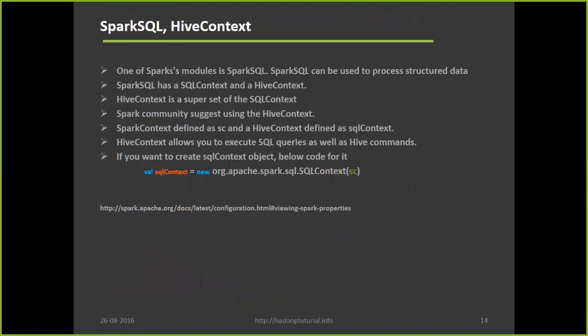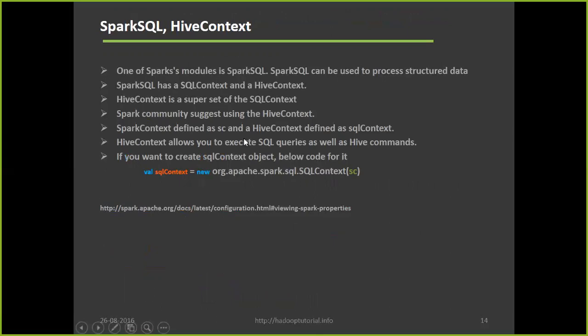Similarly, the way we create Spark context, when we go to Spark SQL, there we see again two types of context. One is a SQL context, and the other one is a Hive context. Hive context has more functionality than the SQL context.